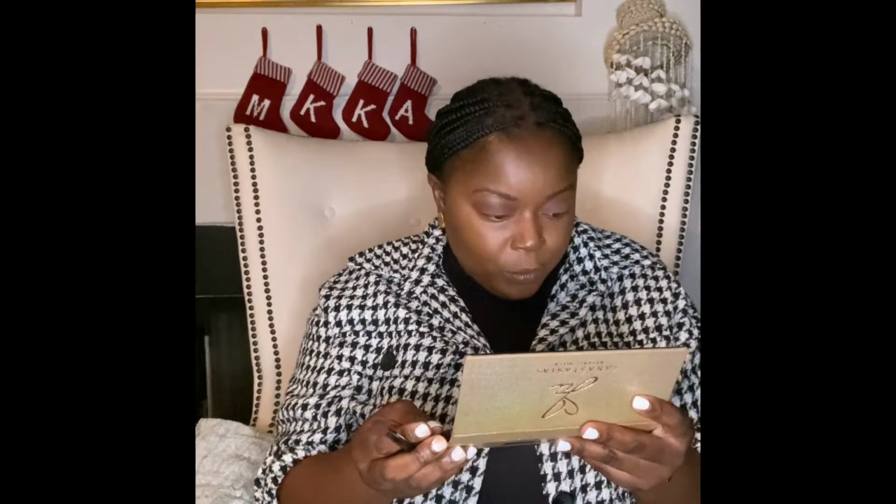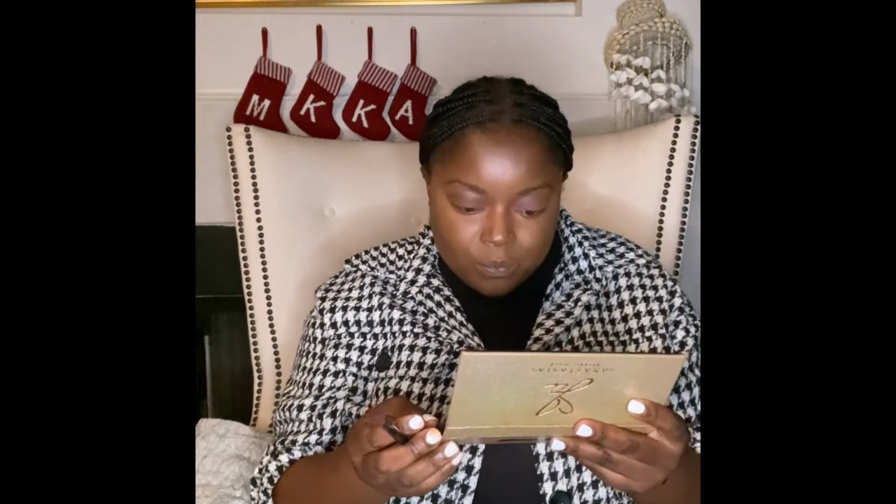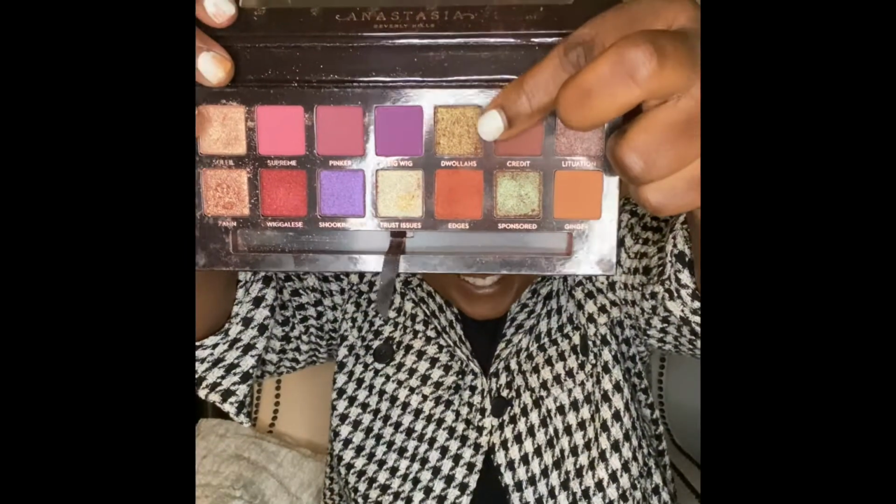All right. So now that we've got our edges and our credit, I am going to go in with a little sparkle. So let's see. She has one here called Zala's. So that is right there, Zala's. It's a gold color. We're going to go in with that, and we're just going to put that right here,